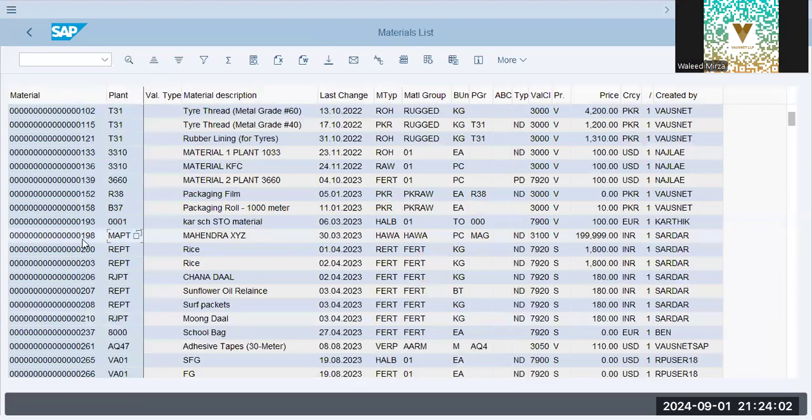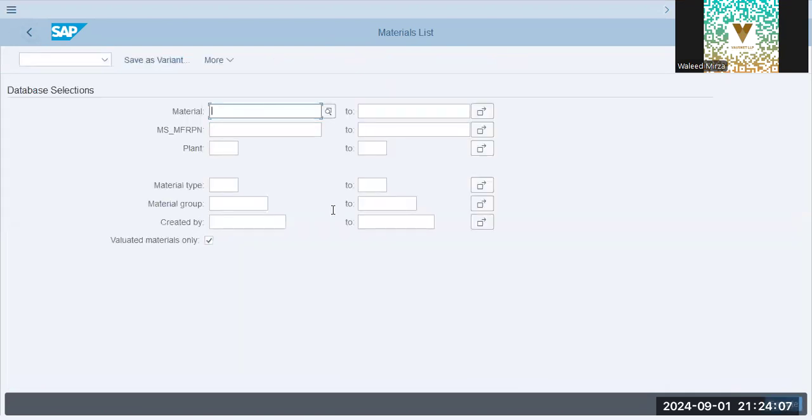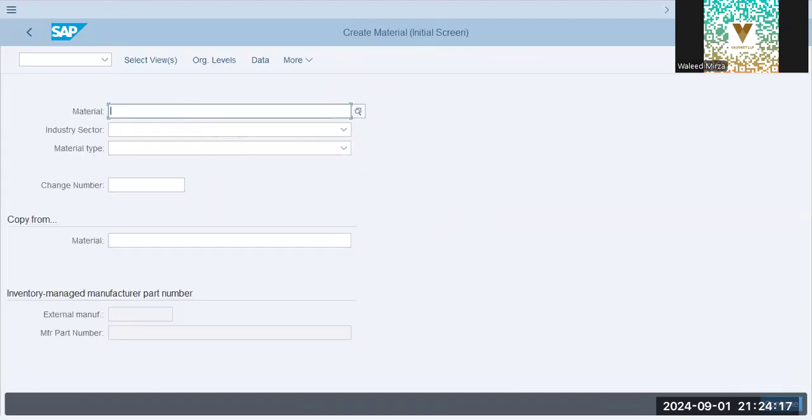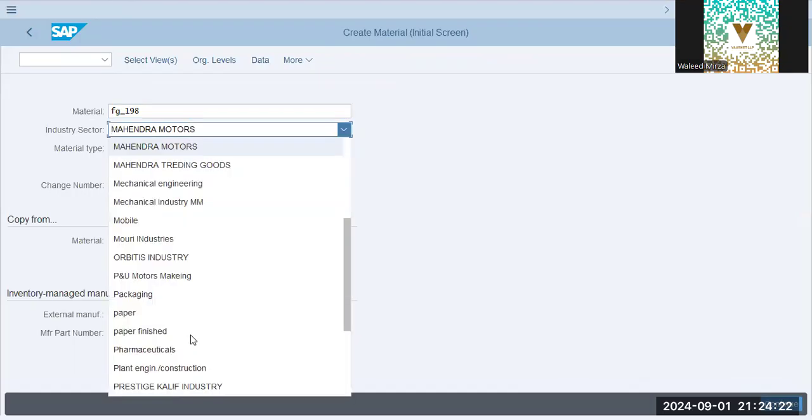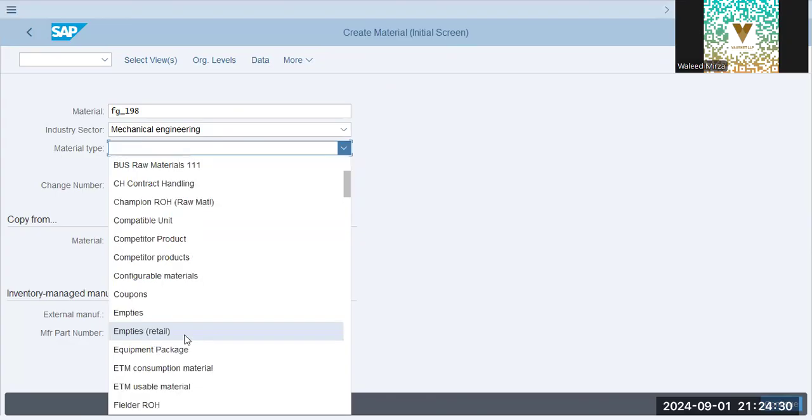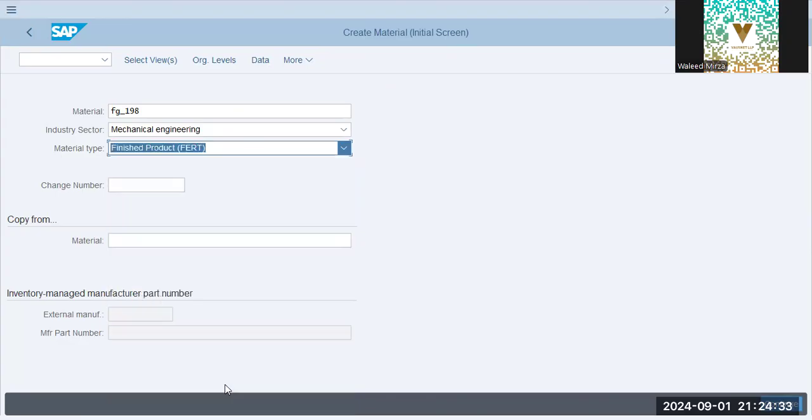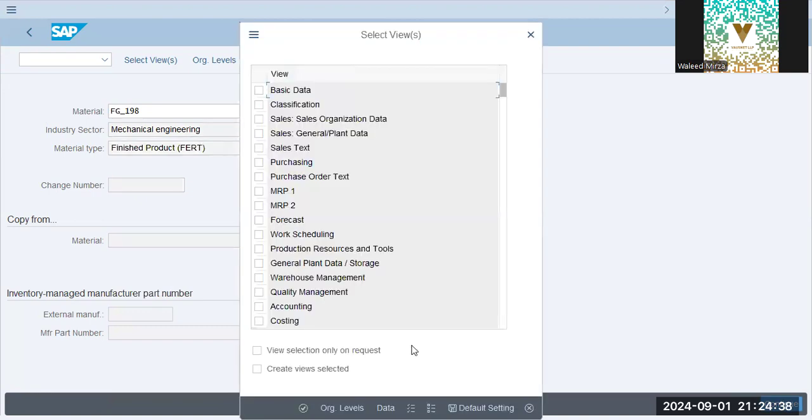Plant is MAPT 198. MN01, industry sector mechanical. Material type is finished because we're going to sell finished products. Okay, select use. By default,